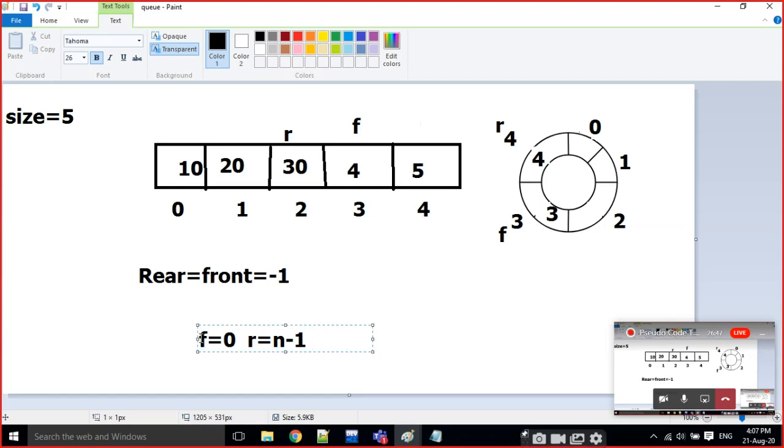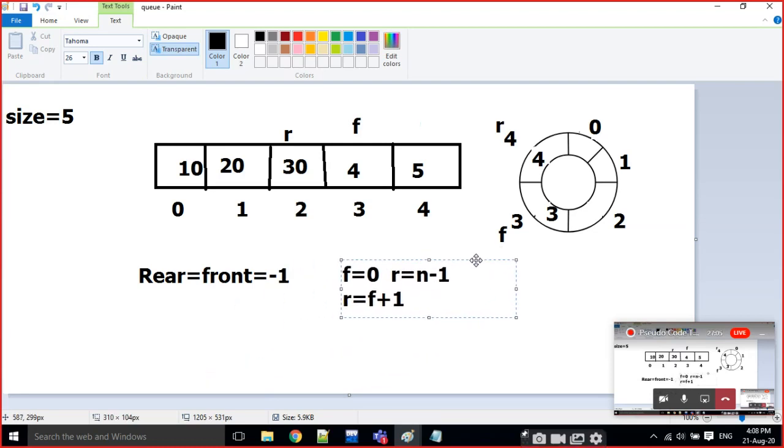What is that? If rear is equal to front minus 1, or rather rear plus 1 is equal to front. If either this condition or this condition is satisfied, that means the queue is full here.